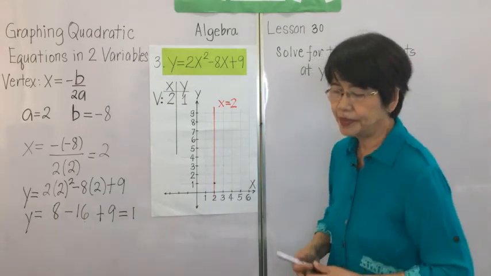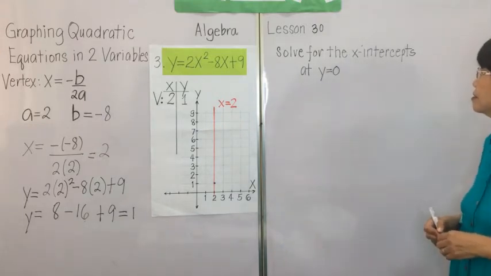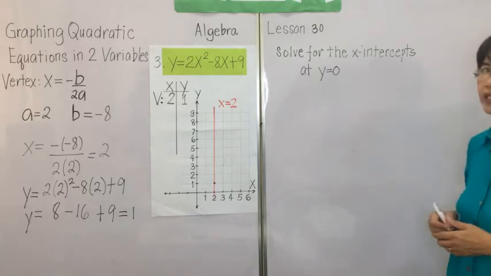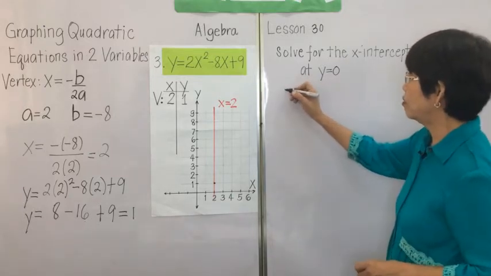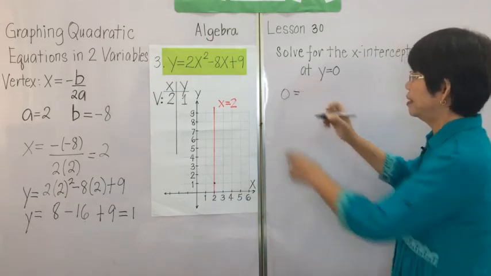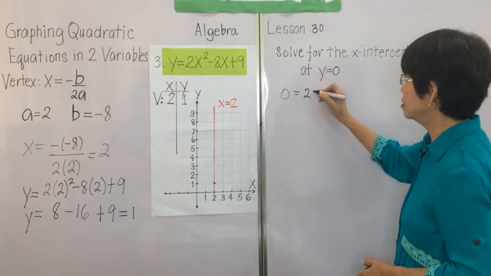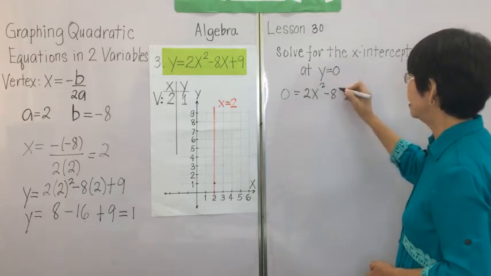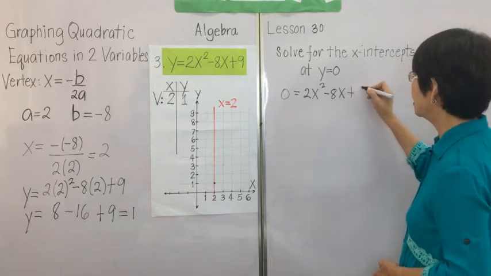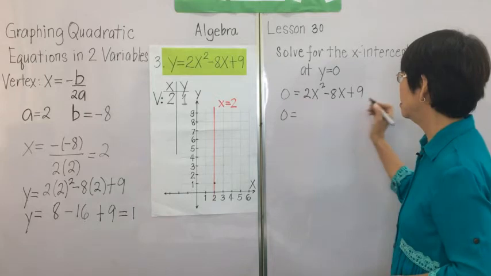Then, again, let's locate the x-intercepts at y is equal to 0. So, we set y is equal to 0, and then we copy the right side of the equation, 2x squared minus 8x plus 9. So, 0 is equal to,